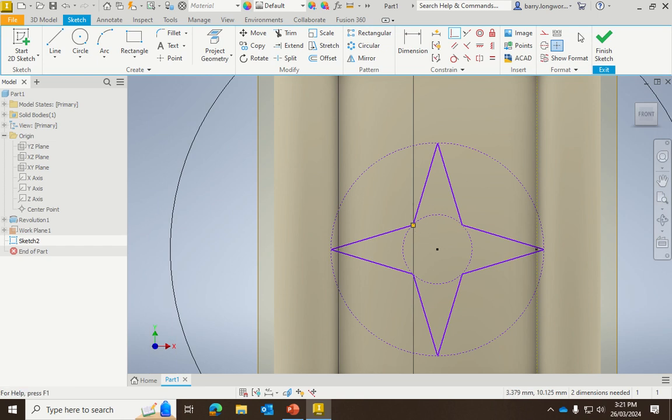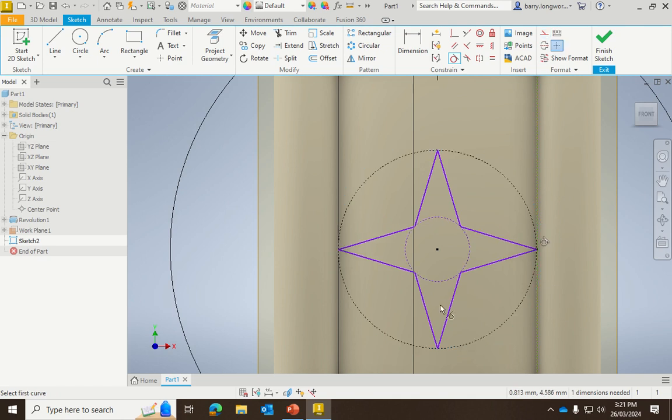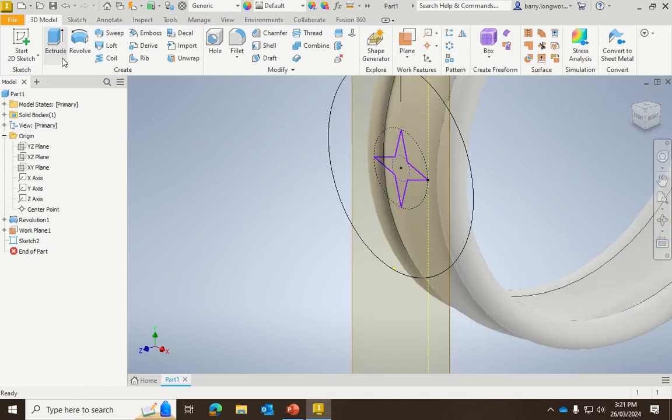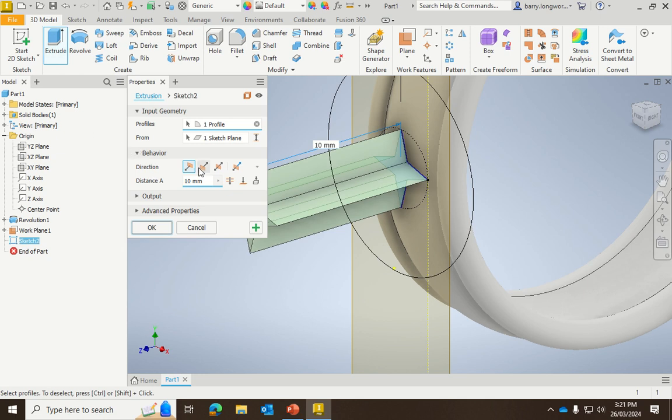Now, because this has gone out past the edge there, I'm going to do a tangent between that circle and that line, and that will just make sure it's inside there. Alright, that looks pretty cool. I haven't got any dimensions on the inside one. I could make that bigger if I wanted to, but I like the look of that. So I can finish that sketch, and then I can extrude it as a cut